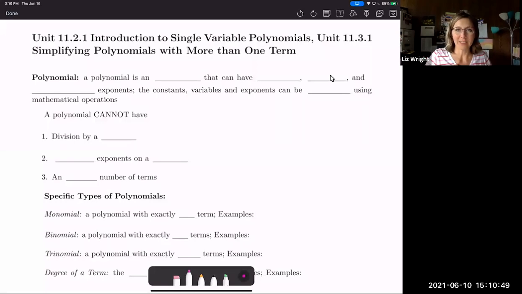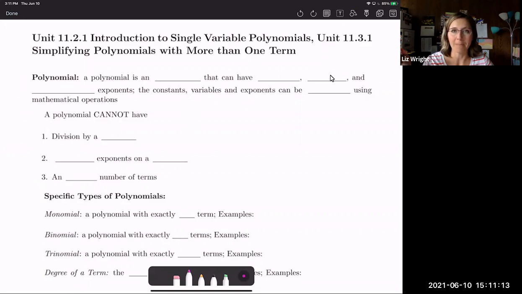Hi, everybody. In this video, we're going to talk about two different topics. We're going to be talking about 11.2.1, which is Introduction to Single Variable Polynomials. So single variable meaning like it's just going to have x's in it, or it's just going to have y's, or a single type of variable. And then the second topic we're going to talk about is Unit 11.3.1, which is Simplifying and Evaluating Polynomials with